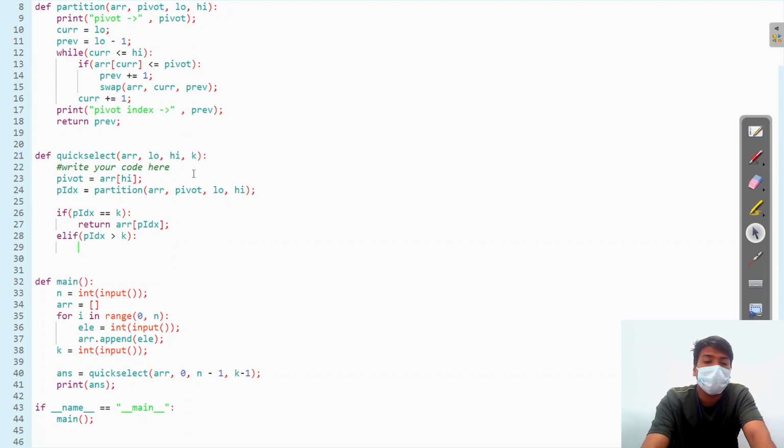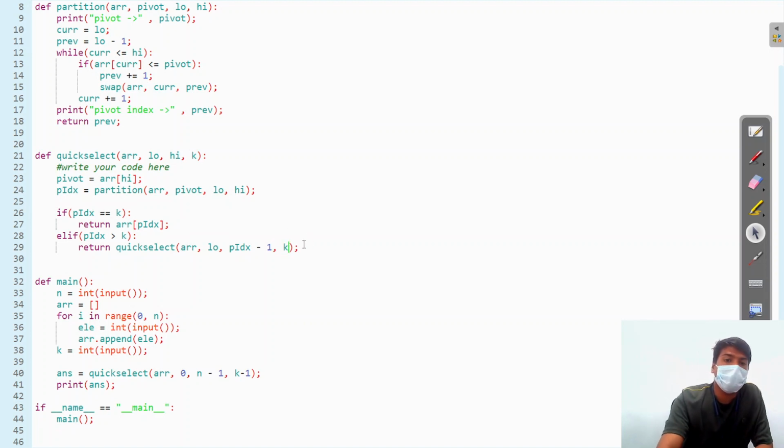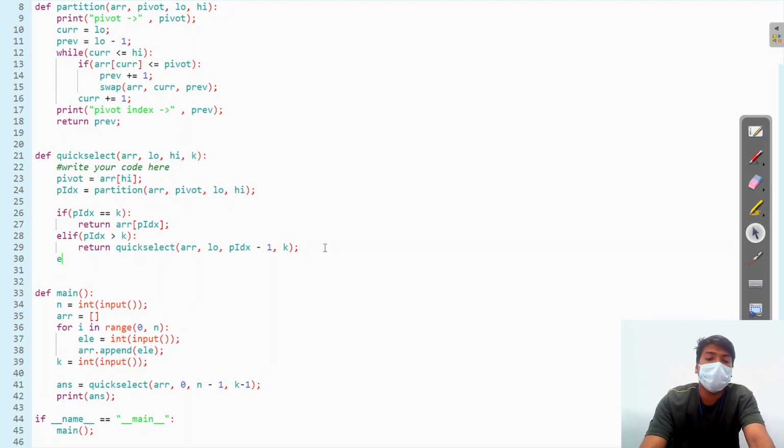Just return quick select and pass it array, low and pidx -1, which is what the left is, right? Pidx -1 and again k. So this is what you need to do, and then else